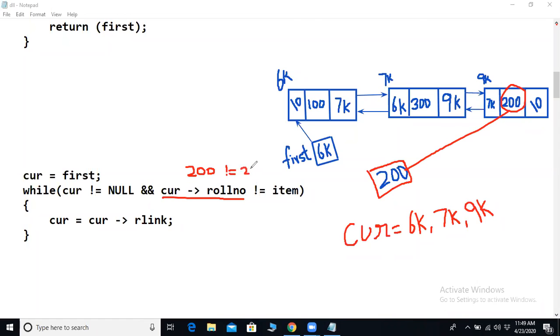What happens to this condition? It fails. False.